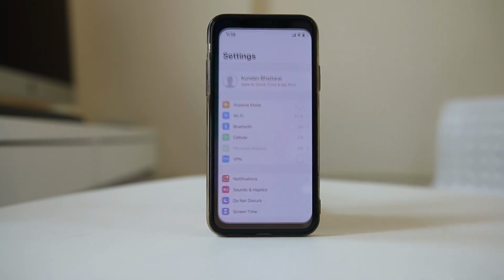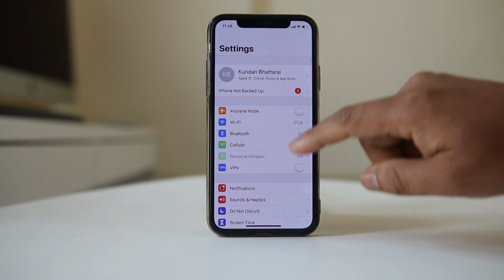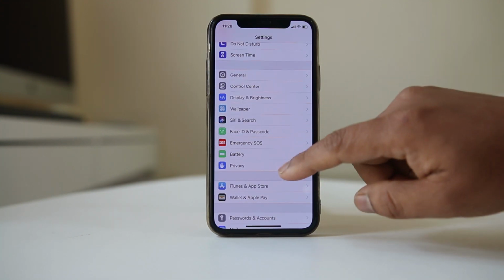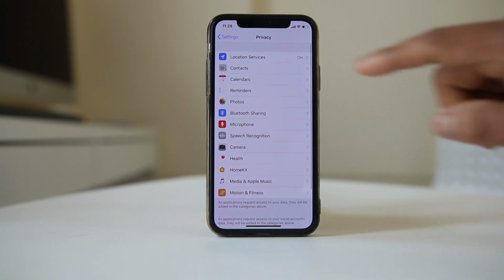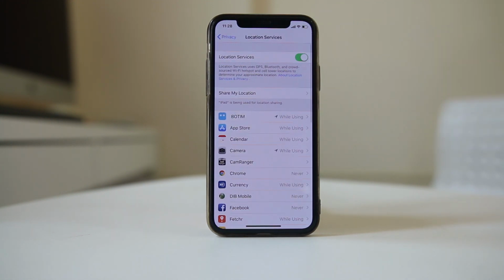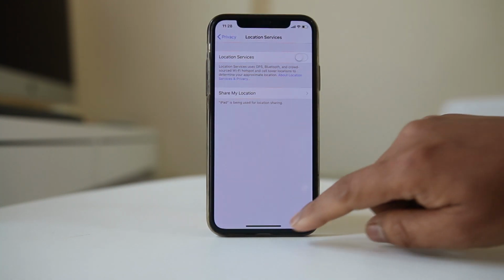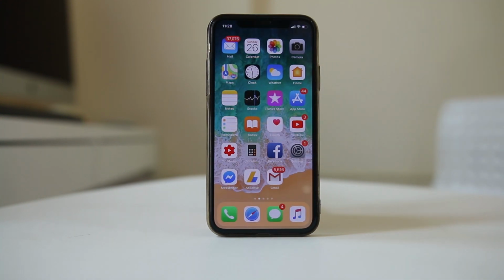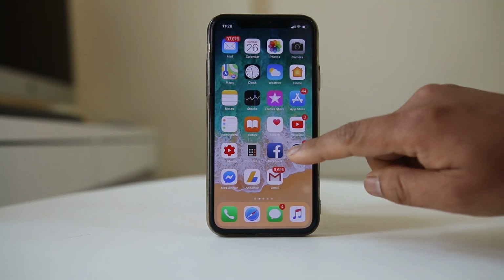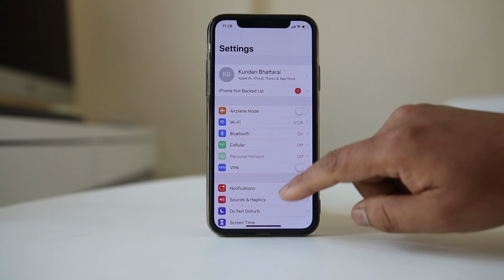go to settings, scroll down and go to privacy, go to location services and make sure to turn off the location services and select turn off. Now the next thing what you need to do is go to settings again, scroll down and